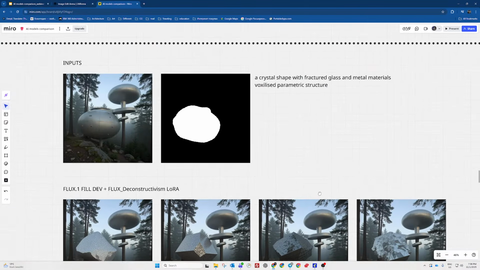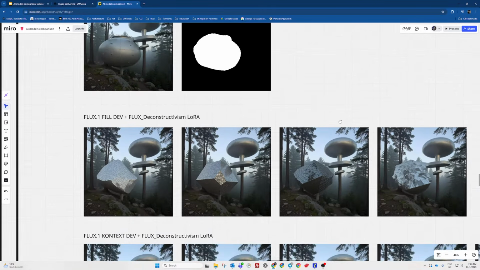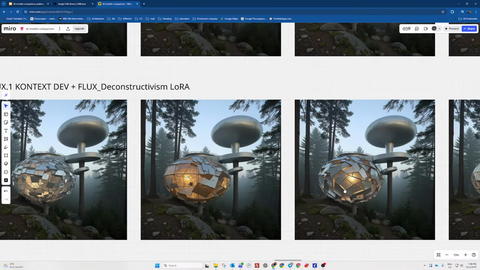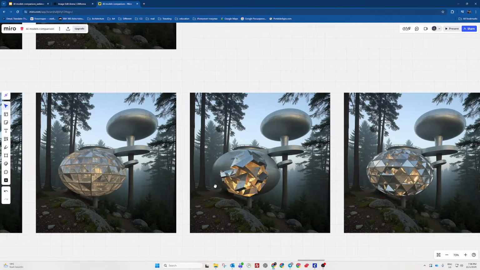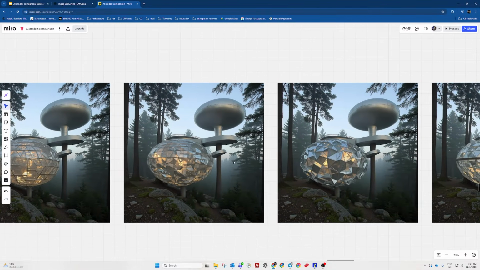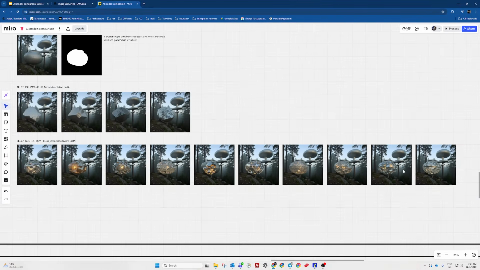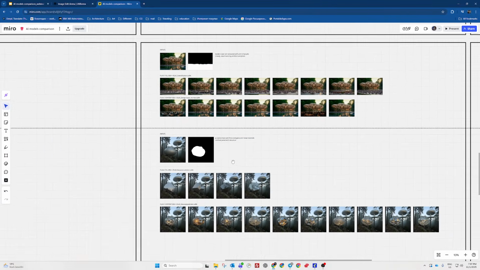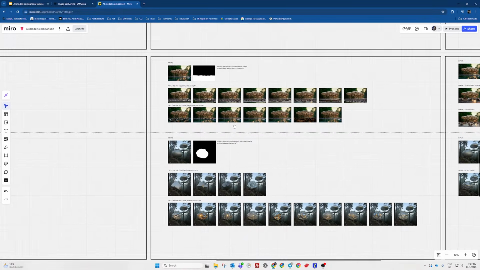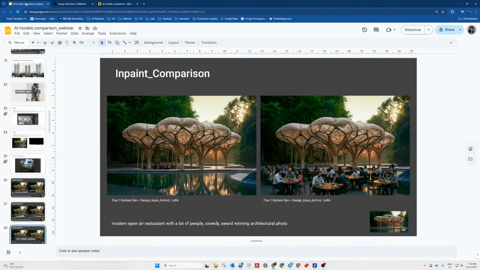Maybe it's just a fracture, but nothing else. And this is Flux Context, which is much better and also sometimes provides really different results. So between the two Flux models which are possible to use for inpainting, Flux Context is your choice. And if we go back to the presentation,